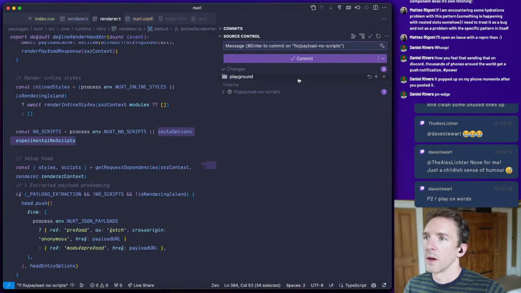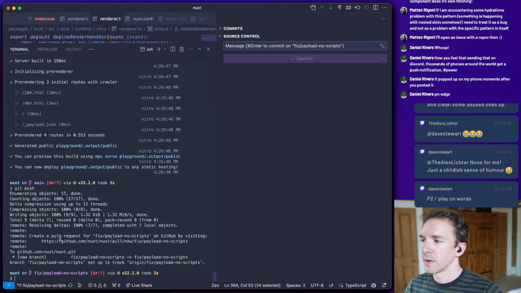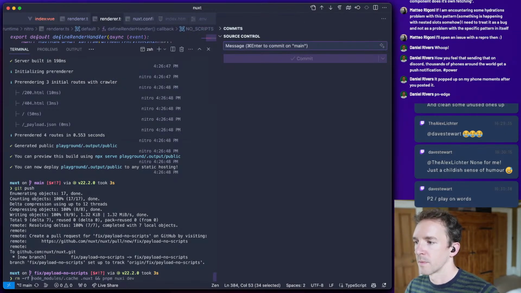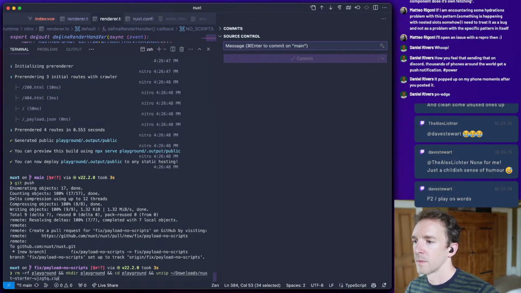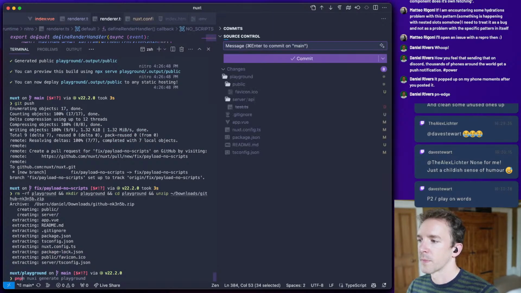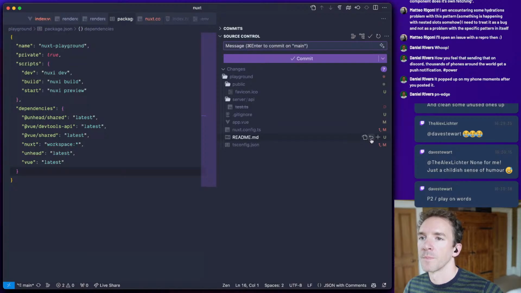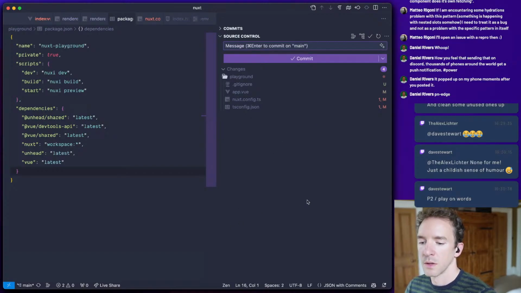Okay. We are just going to reset our playground. Pop across into main. Cool. Revert any changes to package.json. Yep. Okay, and then we just need to do one quick thing.